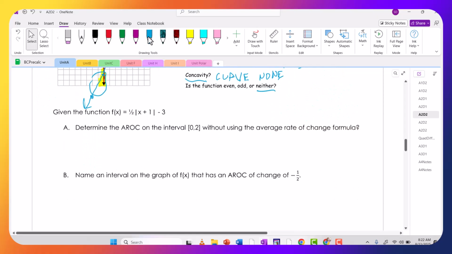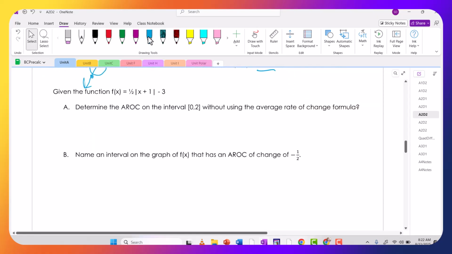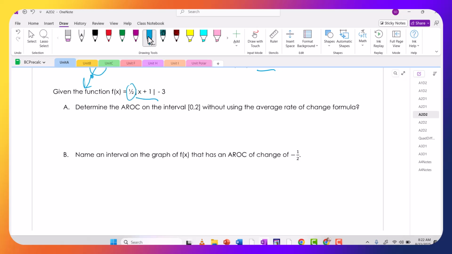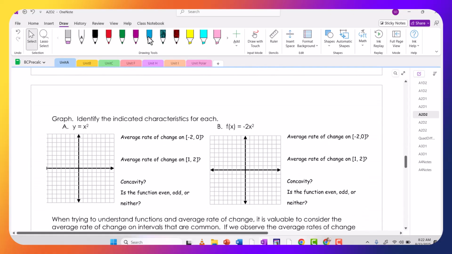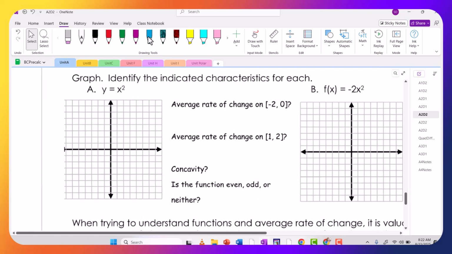Okay, I don't think I want to go through this. Whenever you have an absolute value, the average rate of change is sitting right there. It's either positive or negative, depending on what part of the V you're on. This one would be facing up. I know we're running short on time, so I have to cut our losses here. Got it? Because really what we need to do is start graphing these and then talk about some characteristics